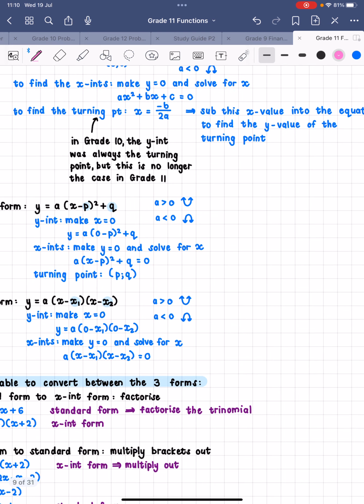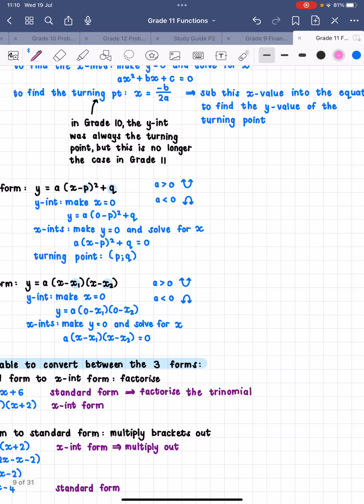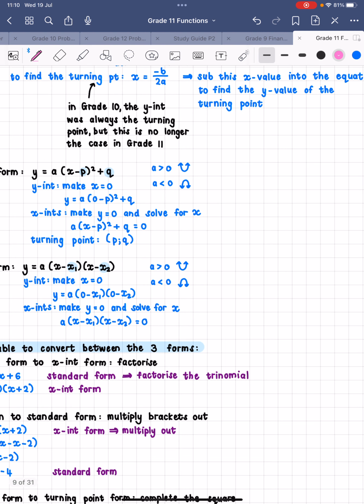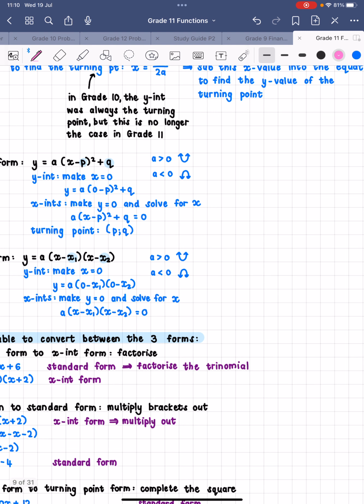Okay, I'm going to move down a little bit. Is that fine with everyone? Up until there. On the side here, you can't see it now, but it's turning point form. Okay, so if you want to write that there, turning point form. And then that is turning point form, which we have also discussed in AP. So it's a bracket x minus p